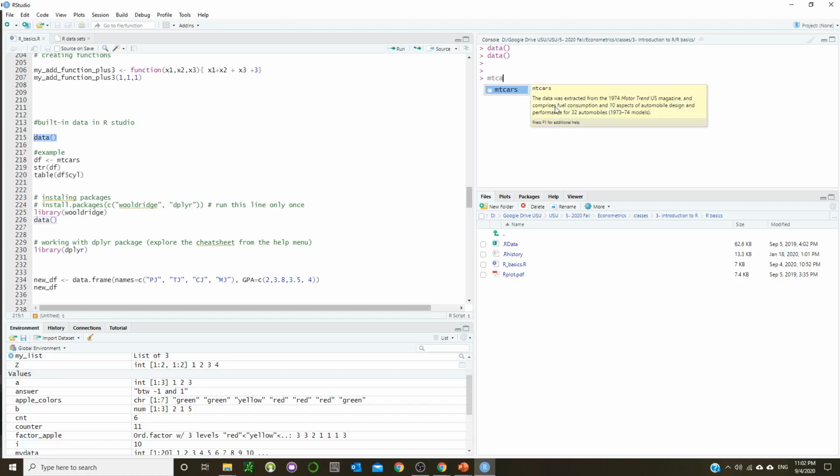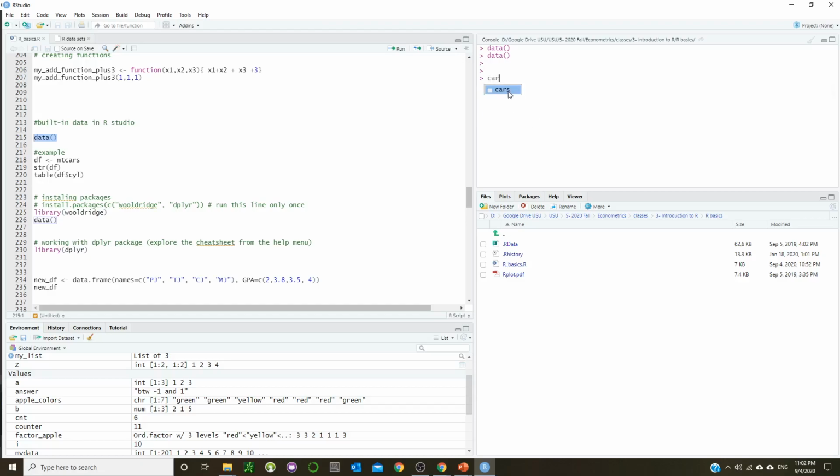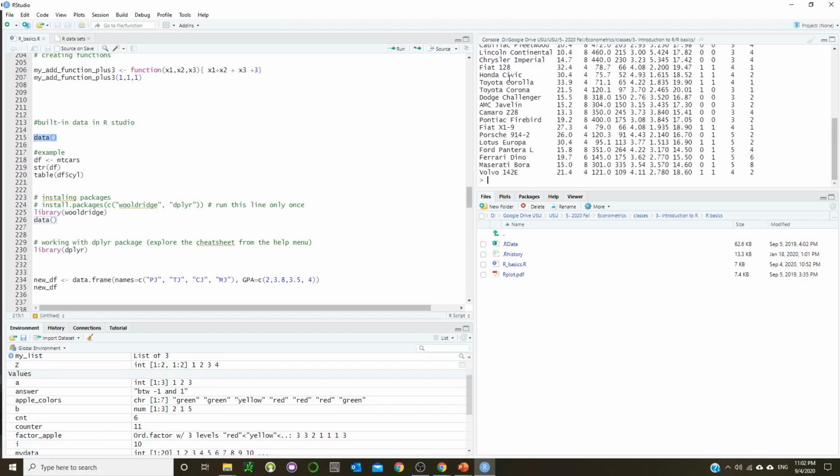mtcars. Look at that. The cool thing is that as soon as you start typing, if there are specific functions or datasets assigned to that, RStudio is going to suggest it to you already. So it says that there is a dataset named mtcars. If I type car, there's a dataset named cars. So mtcars, and I want to see what is inside mtcars. If I press enter, you see,